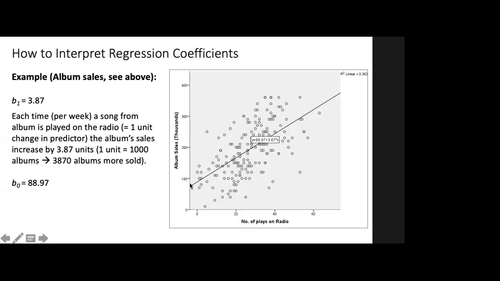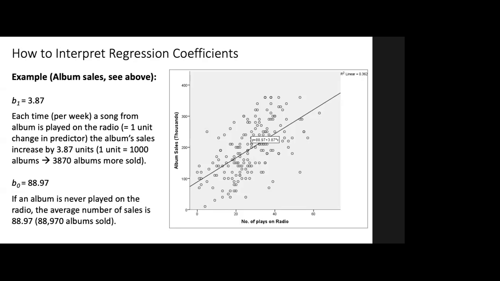This is our baseline measure. So if a song is never played on the radio, if it's not advertised, how many albums are sold in this condition? What is the baseline of album sales? And in this case here, it's